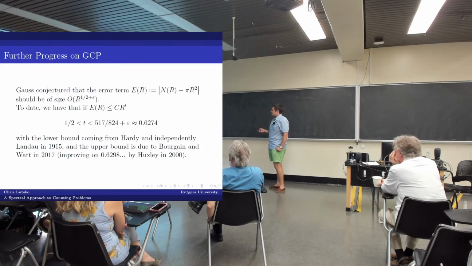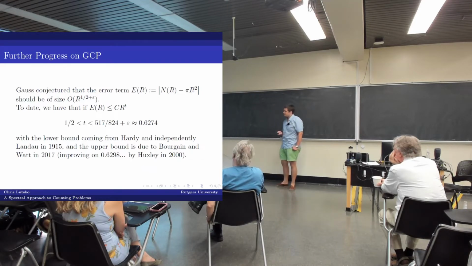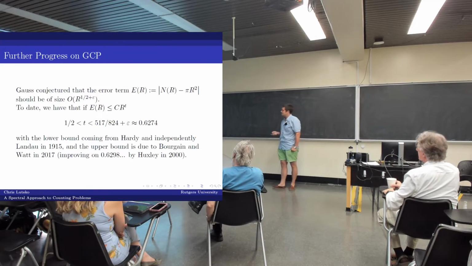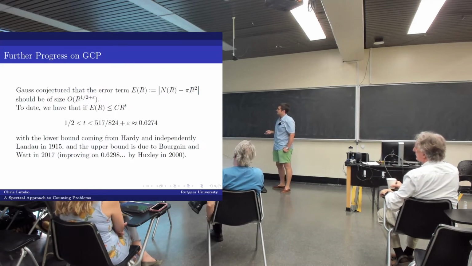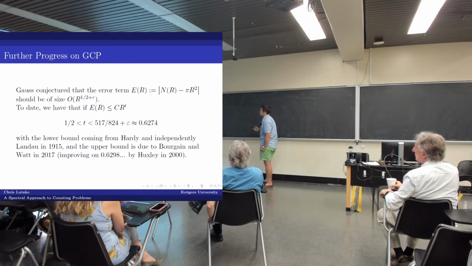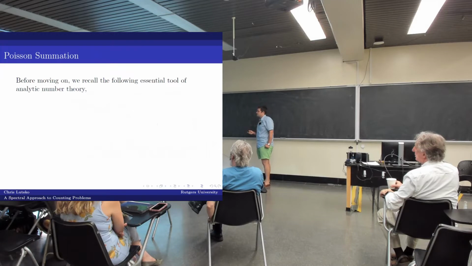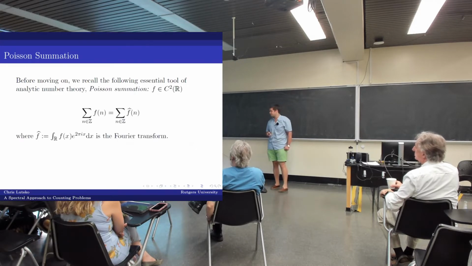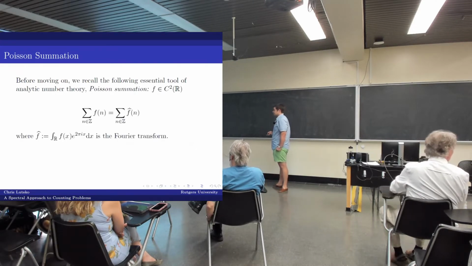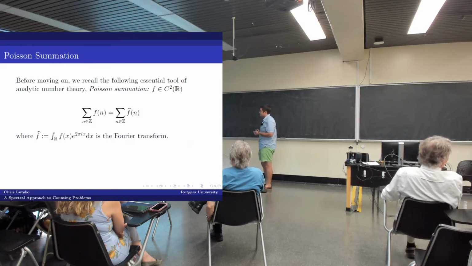Okay, now I want to focus a little bit on Hardy and Landau and Huxley's proof, which uses the trick by Van der Corput, which involves Poisson summation. For anyone who doesn't know what that is, Poisson summation is a central result in number theory. It says the following: if I have a smooth C2 function and I want to sum it over the integers, then I can also sum the Fourier transform over the integers. This is a kind of bread and butter theorem